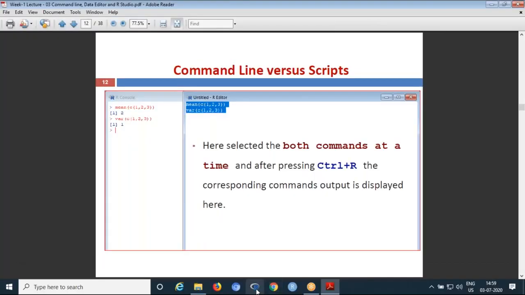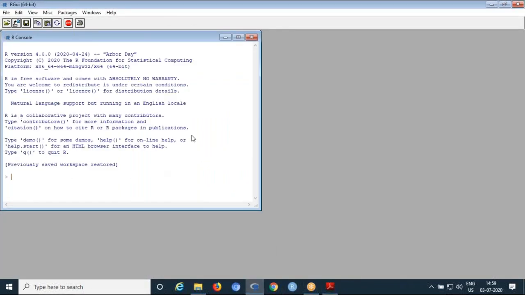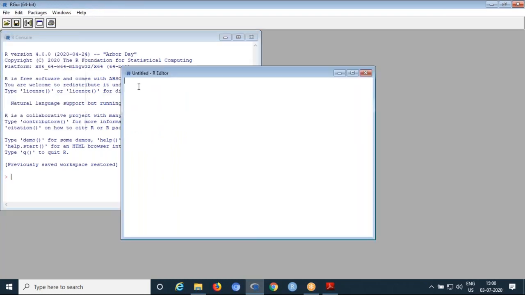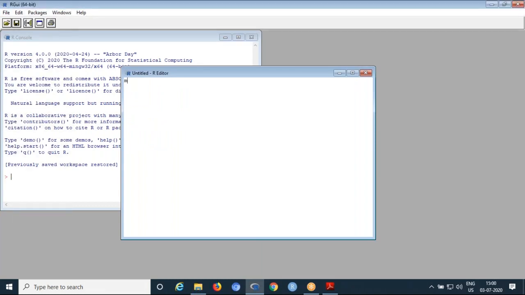Now open our R software. As per the instructions, first click on the File menu, then New script. This is the untitled R editor. Here you can type the two commands.